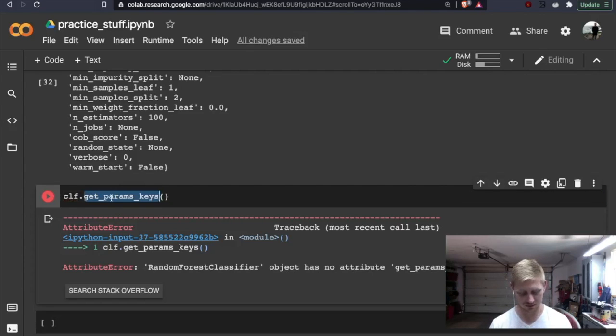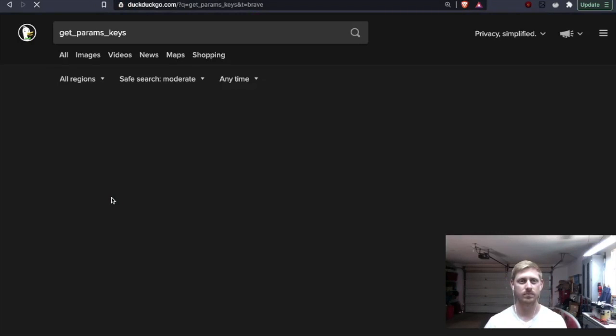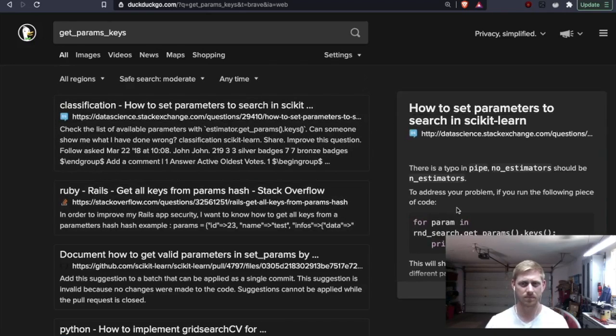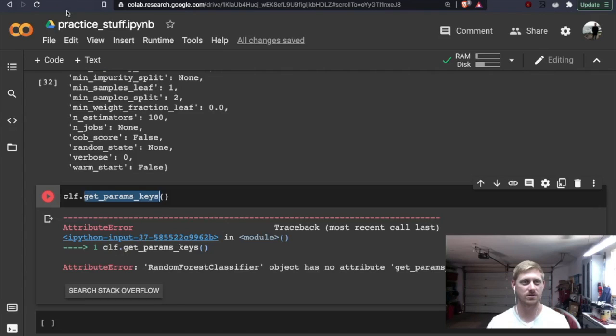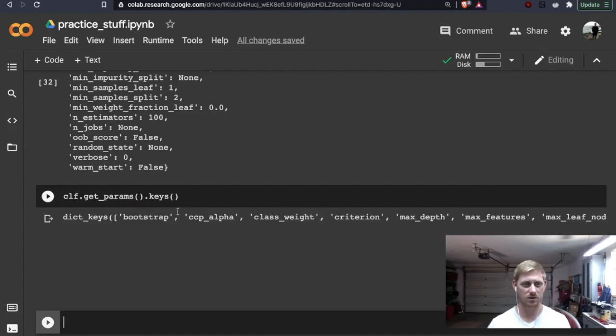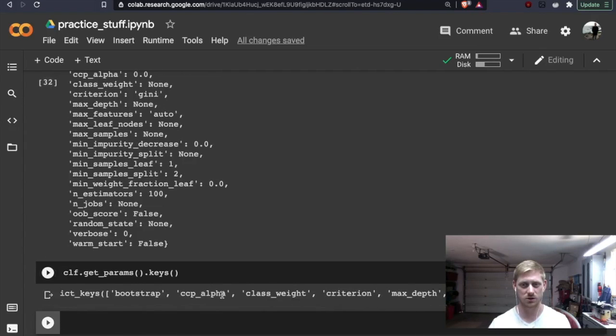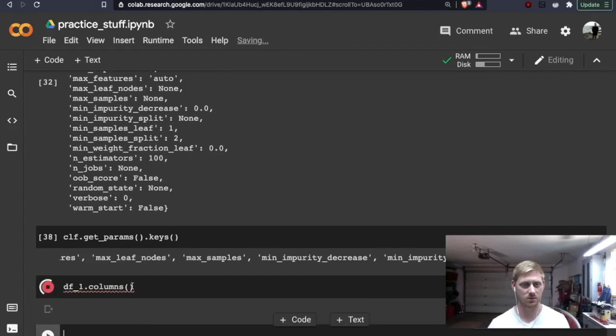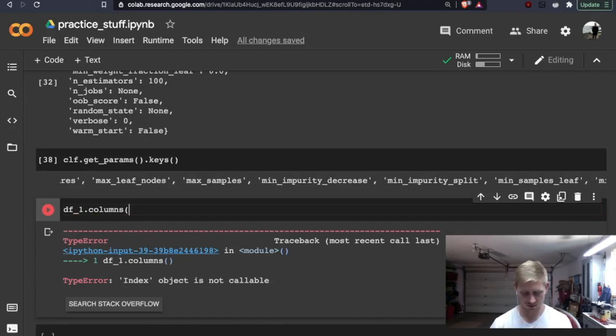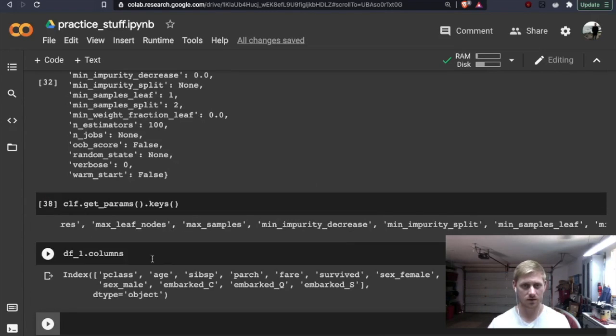Get params keys. So it'd be get_params, and then dot keys. Right? Okay, cool. That would be like our data frame df1.columns, so then we can see all the columns.